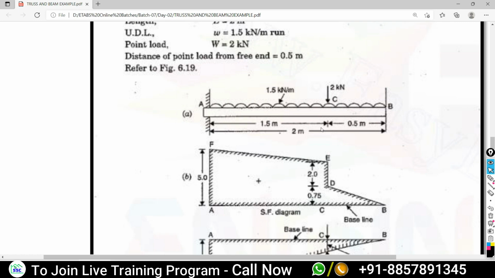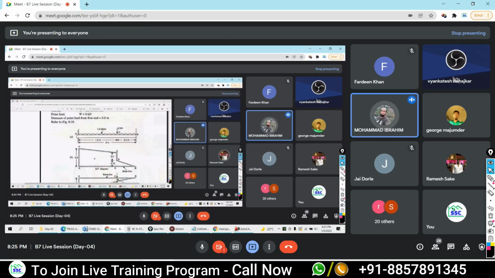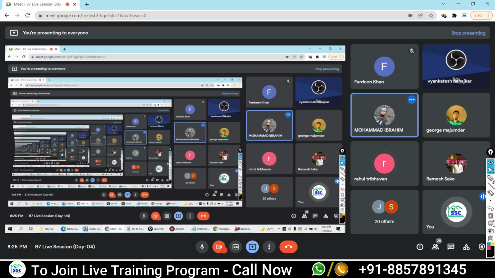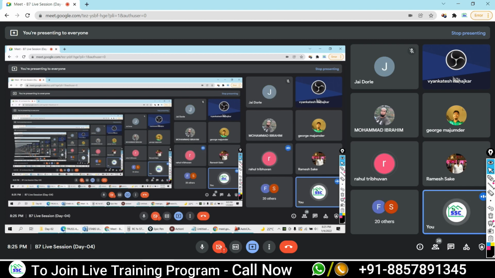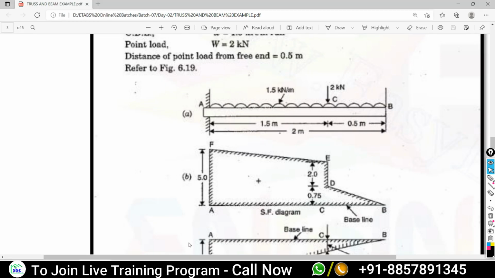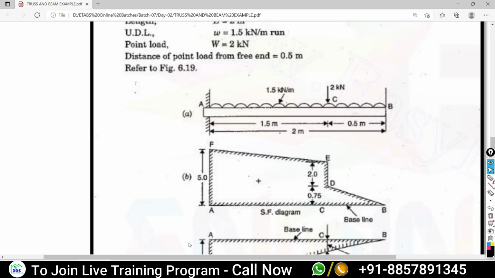Sorry, three. Why are you saying three? Sir, there are two distances, 1.5 meter and 0.5 meter, with points A, B and C. But first tell me whether this frame is a single beam or it is part of a larger beam. Give me the answer fast. Is it a single beam or not? Why are you taking so much time?